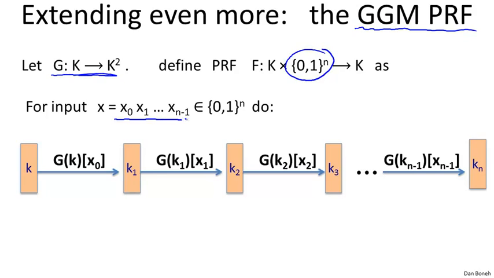So let's see. Suppose we're given an input in {0,1}^n. Let me show you how to evaluate the PRF. Well, by now you should actually have a good idea for how to do it. Essentially, we start from the original key, and then we apply the generator, and we take either the left or the right side, depending on the bit x0. And then we arrive at the next key, k1. And then we apply the generator again, and we take the left or the right side, depending on x1, and we arrive at the next key. And then we do this again and again, until finally we arrive at the output. So we've processed all n bits, and we arrive at the output of this function. And basically, we can prove security